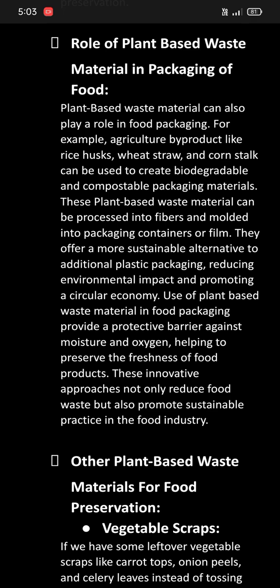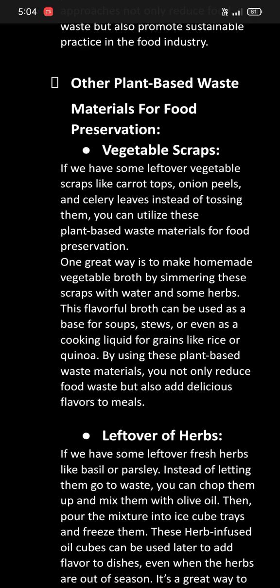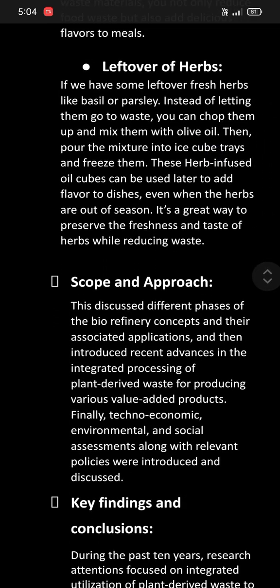Use of plant-based waste material in food packaging provides a protective barrier against moisture and oxygen, helping to preserve the freshness of food products. These innovative approaches not only reduce waste but also promote sustainable practices in the food industry. Other plant-based waste materials for food preservation include vegetable scraps, leftover of herbs,